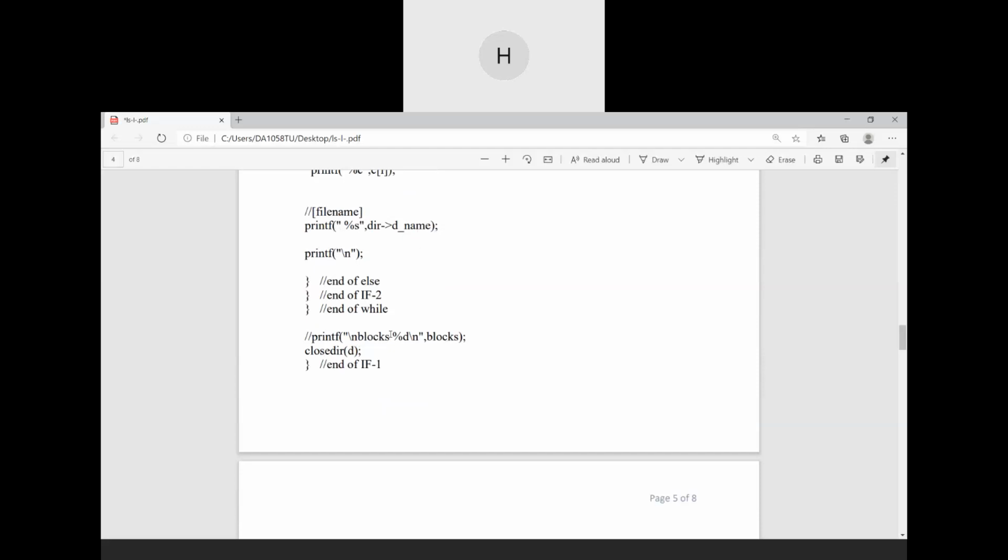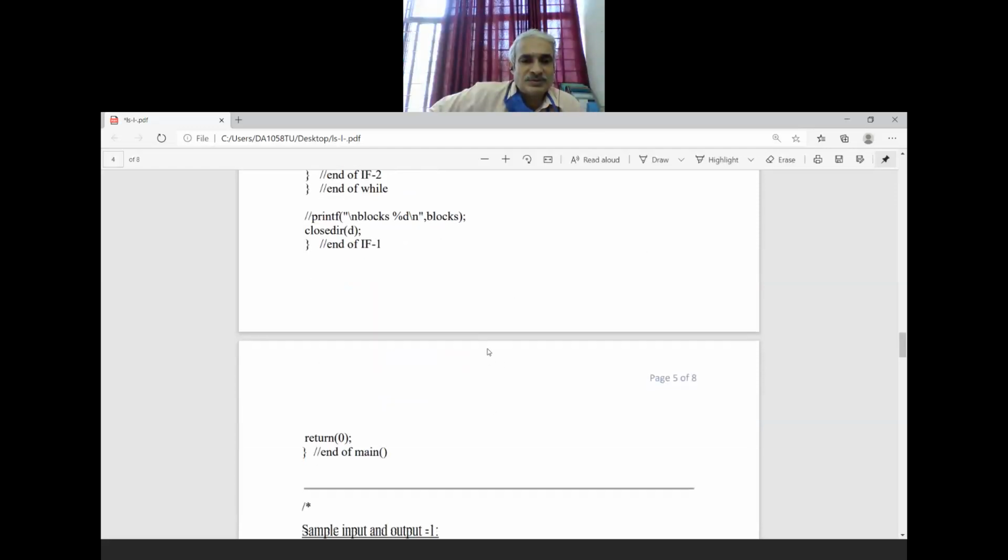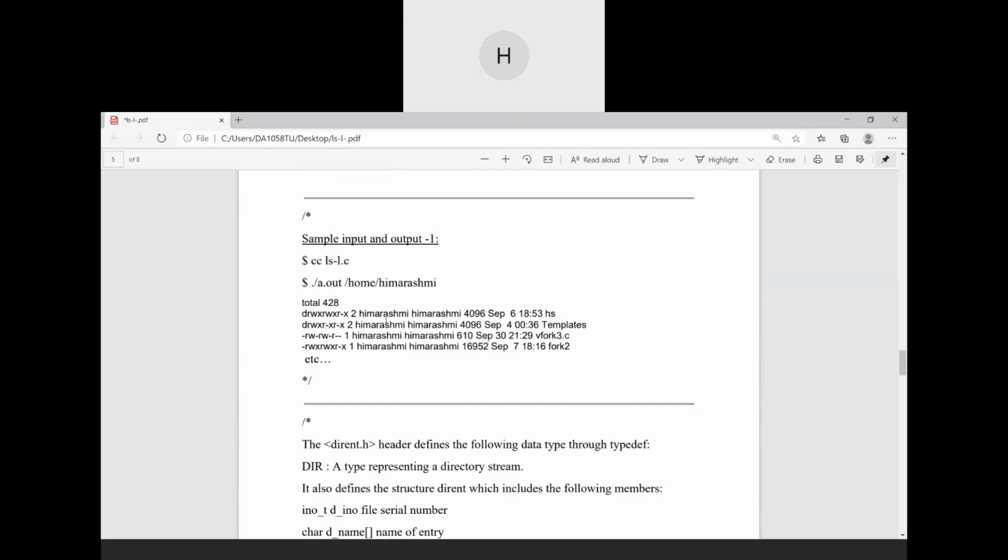So the output comes like this: the file type, then over here this D stands for the subdirectory, where this stands for a file which is not identified. These are the file permissions.